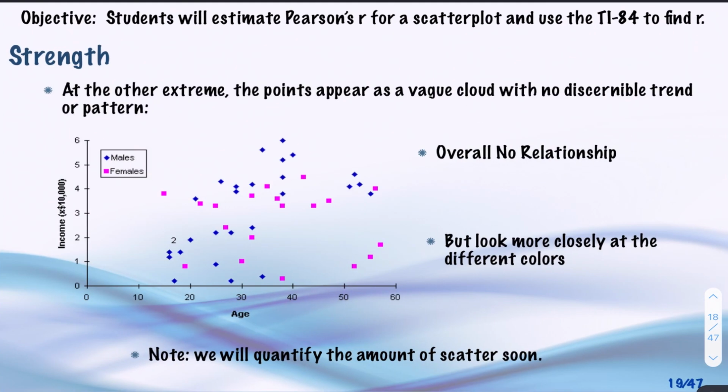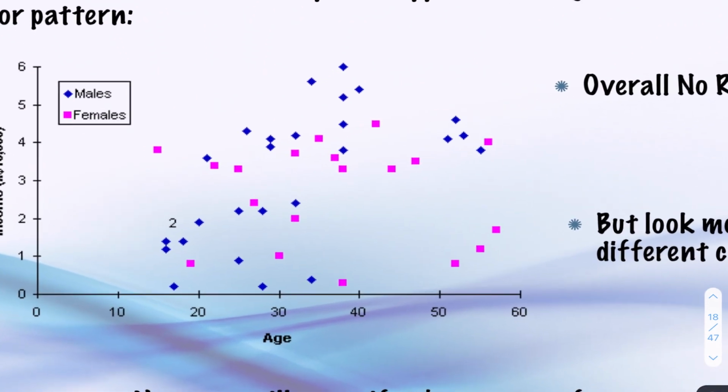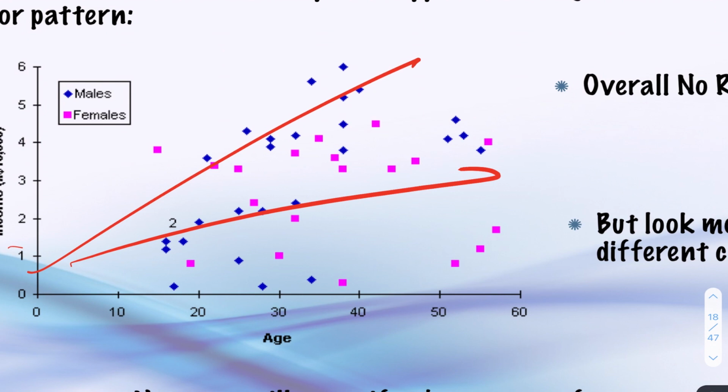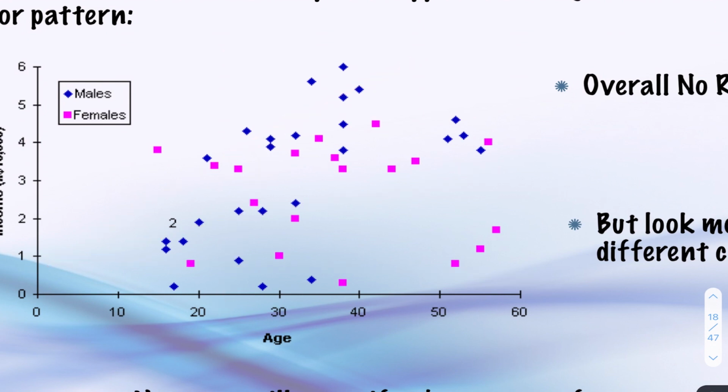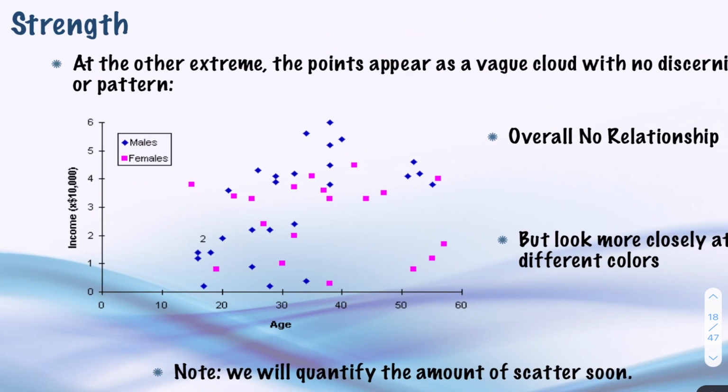So with strength, at the other extreme, the points appear as a vague cloud with no discernible trend. So overall, if there's no trend here, then no matter what line you have here, that line or that line or that line, the relationship is not going to be strong. And so what you might have to do is then go, okay, the general trend is not very strong, but